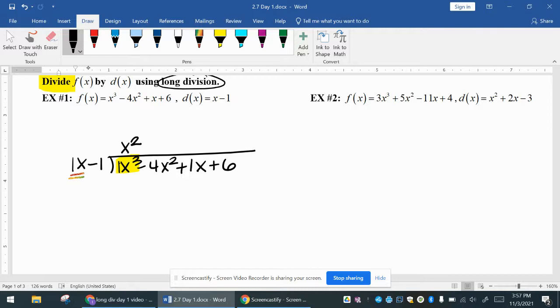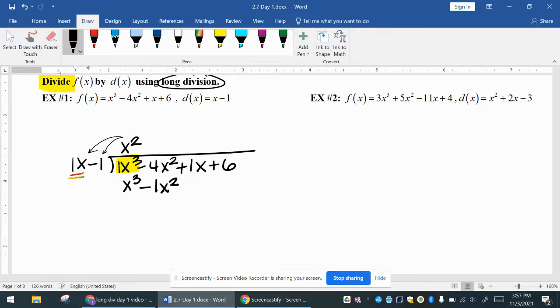So notice I just focused on the 1x at first, but 1x is attached to a minus 1. So you're going to distribute the x squared to both pieces. x squared times x, the first part, 1x, is x cubed,